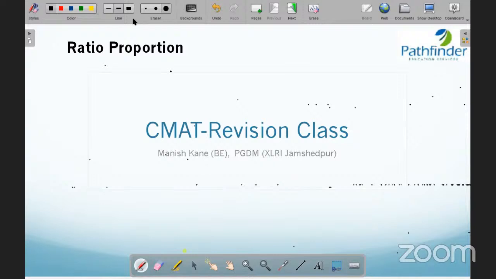See, the objective of this class is not to cover anything basic. The objective of this class is pretty clear. We will be covering questions which are similar to questions which have appeared in the CMAT exam before, and the objective is not to revise basic concepts. I repeat, we are only going to solve questions similar to those which have appeared in the CMAT exam before. I'll just allow some other people to join.